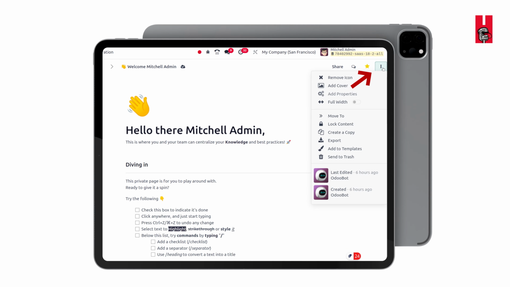Next is adding templates in Knowledge. Now you can easily save an article as a favorite, and we have an option to add it as a template. The specialty of a template is that you can use it multiple times. For example, I'm preparing a new article, and while preparing it I think this can be used in future as well. There is no need to create it again and again. You can save it as a template and reuse it. So in the Knowledge module they have introduced the option to create a template.